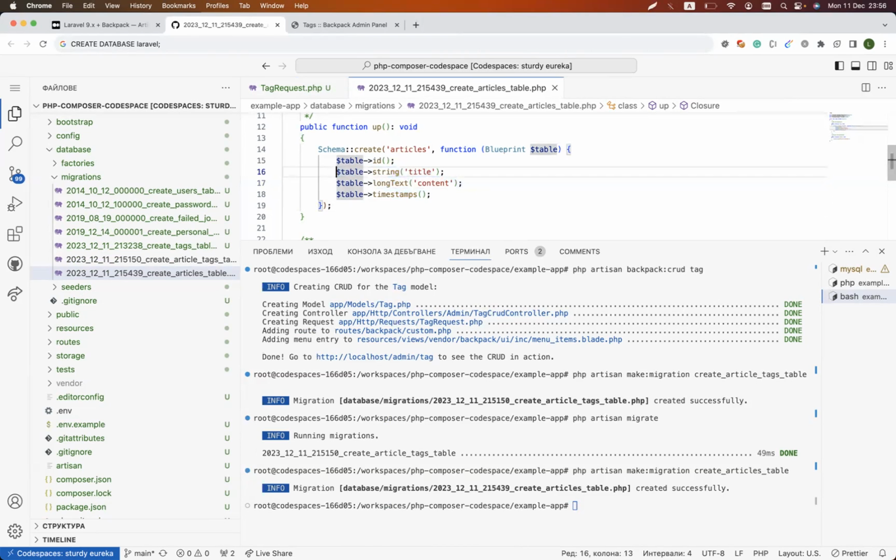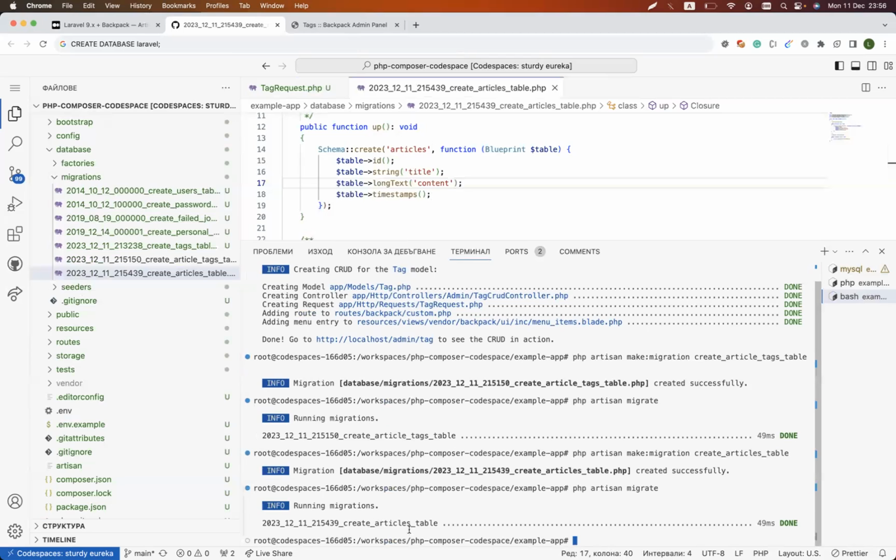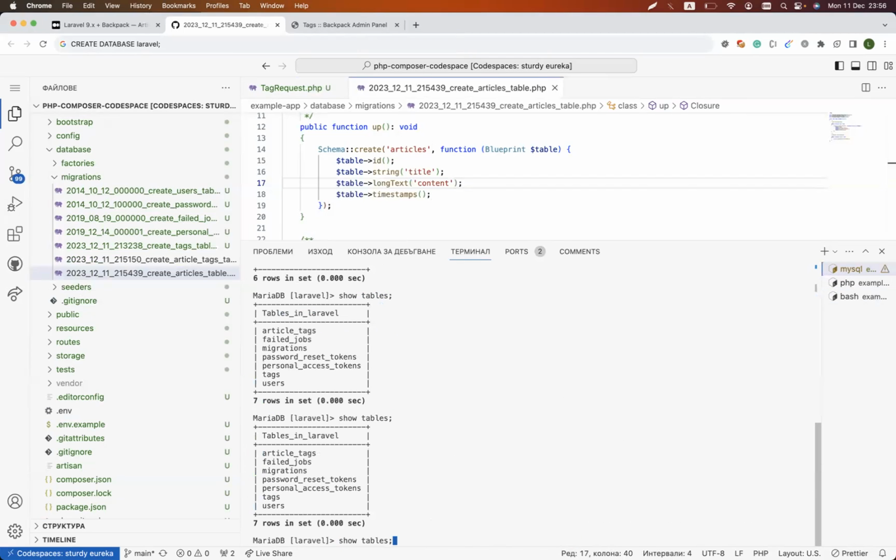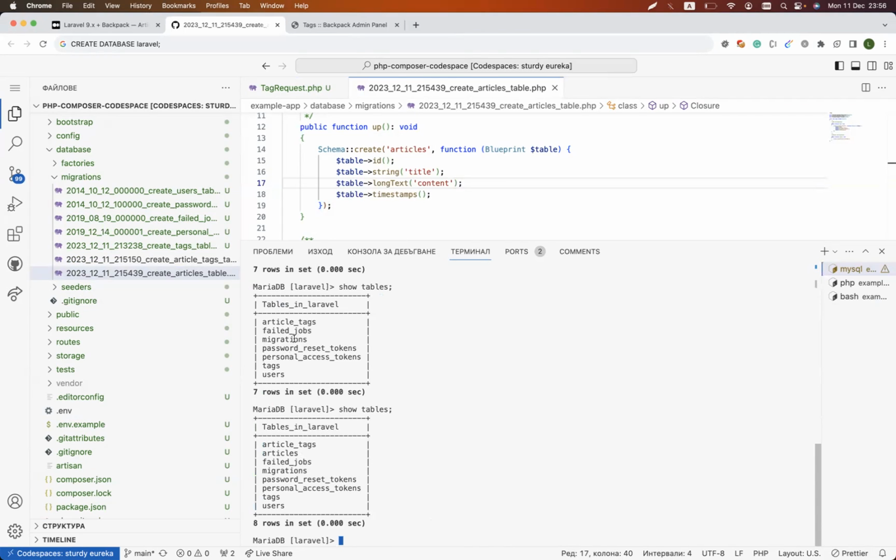For the university students, when you're creating your coursework, please make sure that you think about what kind of fields you are going to use. So we have already prepared the stuff for the articles table, and we could say, hey, php artisan migrate. And it said, I ran the migration successfully. And this means if I select and show the tables, now we have one extra table in the field,